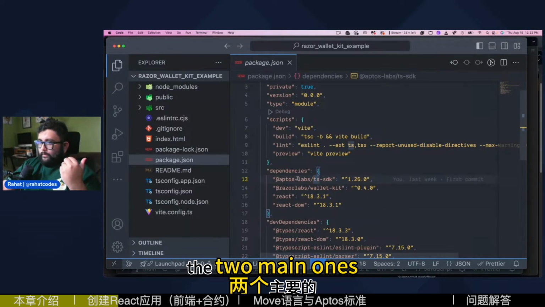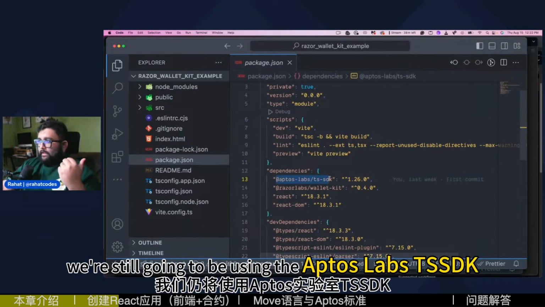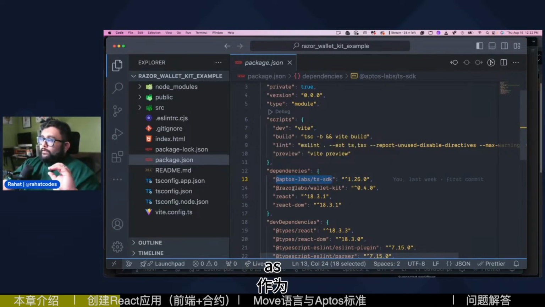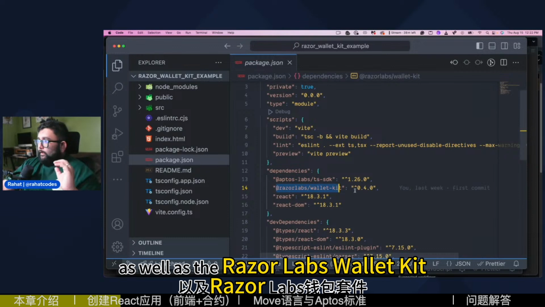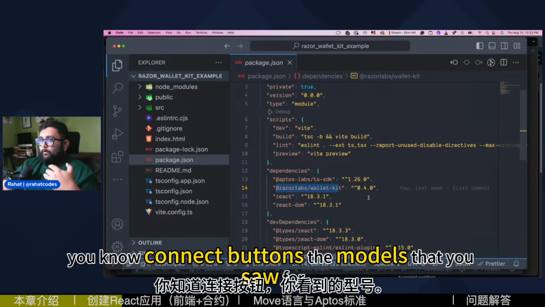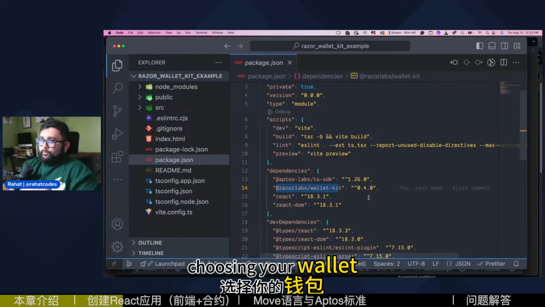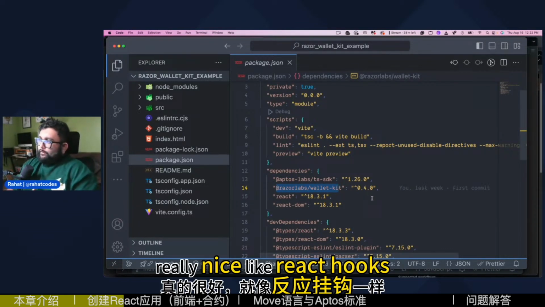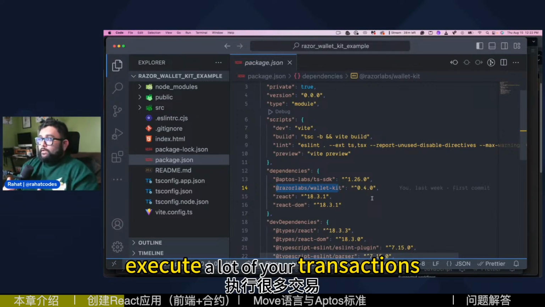The two main ones, we're still going to be using the Aptos Labs TS SDK, so similar code to what we used in the Node.js script, as well as the Razor Labs wallet kit. Razor Labs has a really cool SDK for integrating connect buttons, the modals that you saw for choosing your wallet, as well as really nice React hooks that you can use to actually execute a lot of your